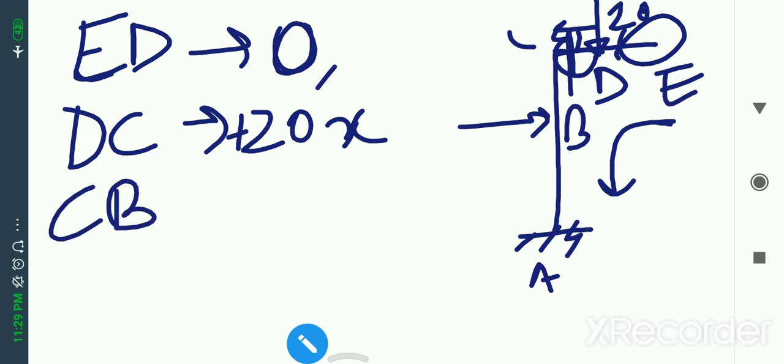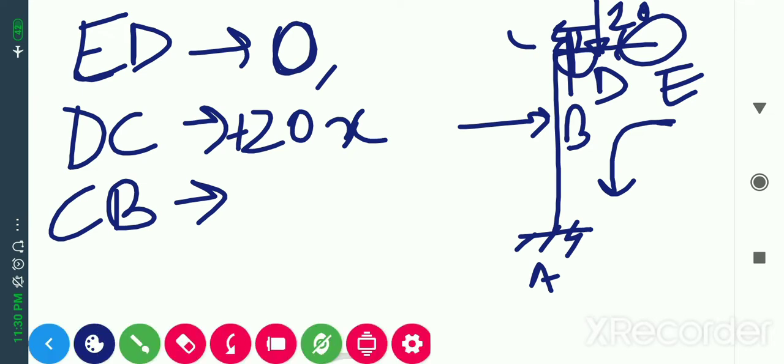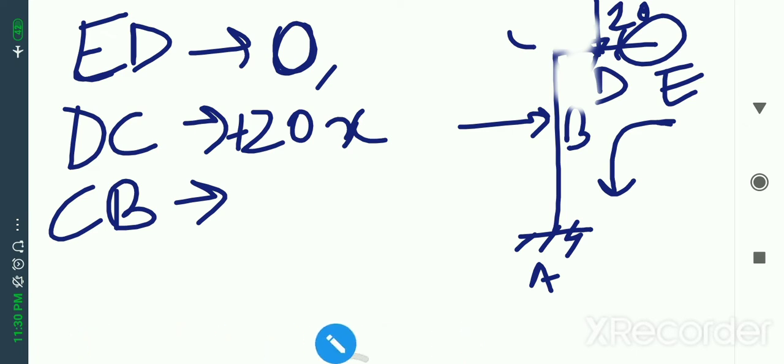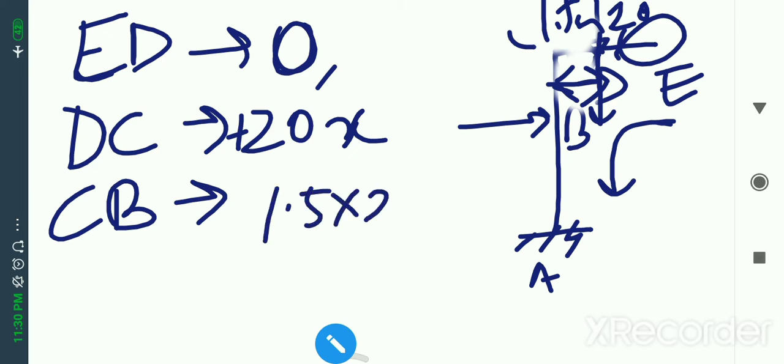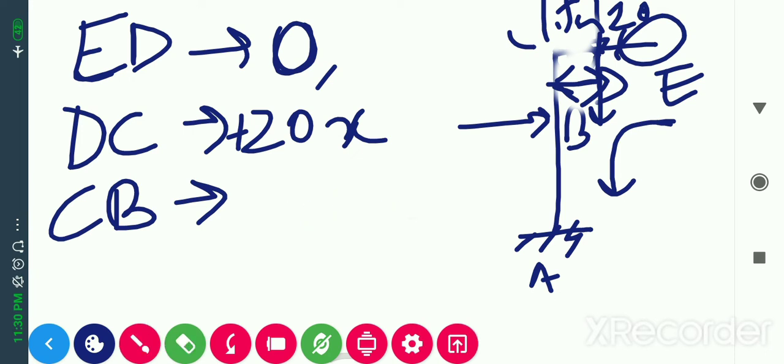So part CB, what's the value of moment in part CB? CB is actually moment due to this 20 kilonewton load. Okay, so what is the value of this 20, and this moment is passing at a constant distance from this horizontal member of the frame. Okay, and what is the distance? It is 1.5 meters. So what is the value of moment? It is actually 1.5 into 20, which gives 30. Okay, so it is